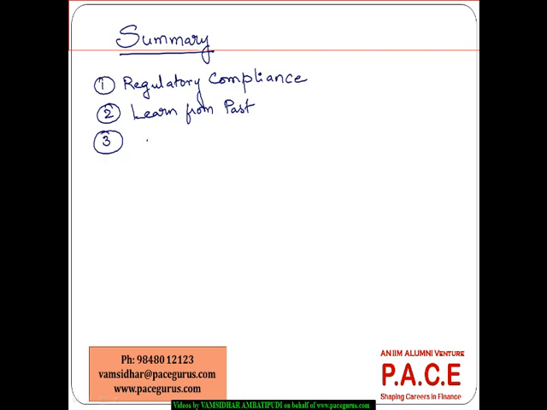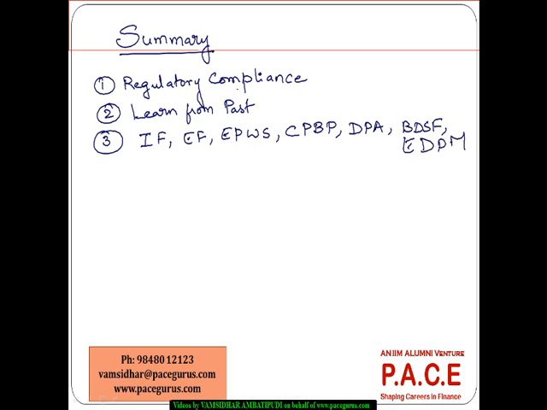Now we have seen that Basel II has provided different kinds of categories. They said internal fraud, external fraud. They have mentioned employment practices and workplace safety. They created clients, products, and business practices, and damage to physical assets. We are talking about business disruption and system failures. And we are also bringing in execution, delivery, and process management. So all these categories, we have understood what goes into each of these. And we are also talking about the policies and procedures that